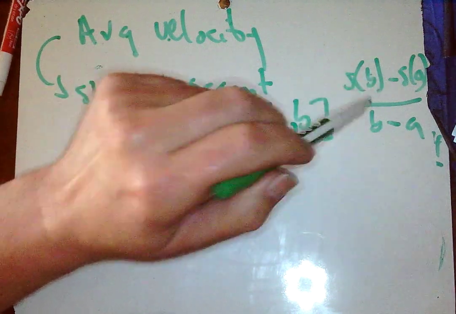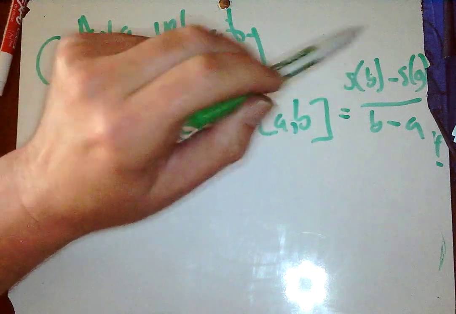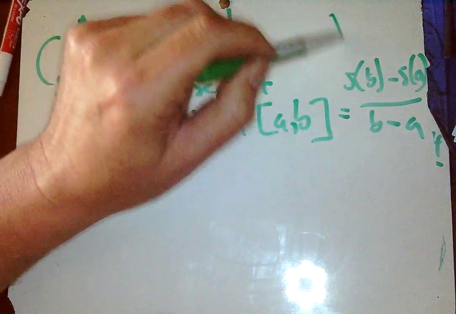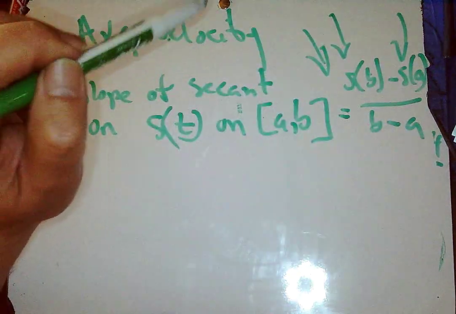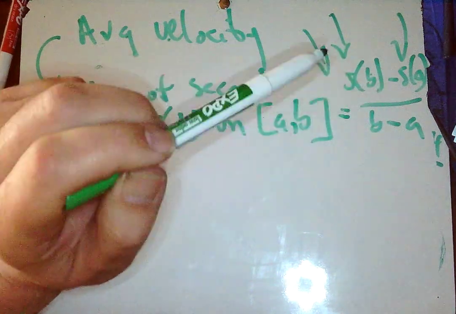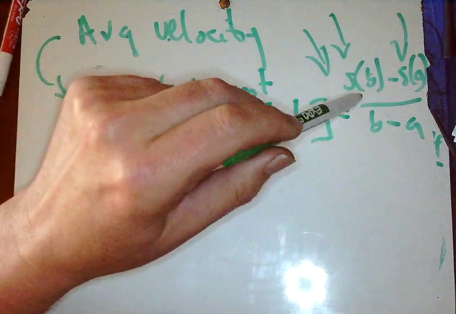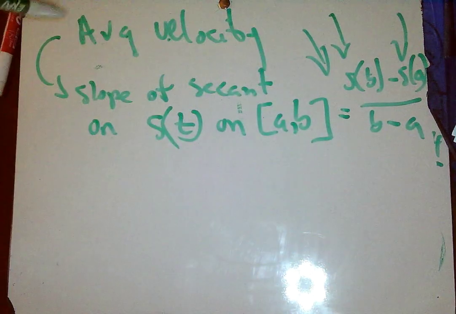So I'm looking for the rate of change, I want to know what the slope is. The average rate of change is from a to b on the position function. That, using the position function, gets me the slope between a and b on s,